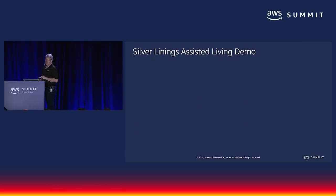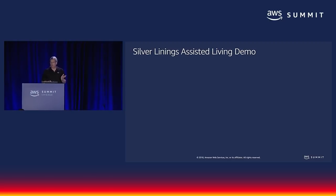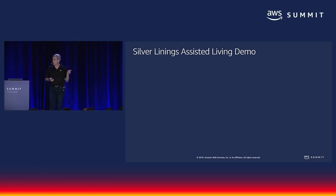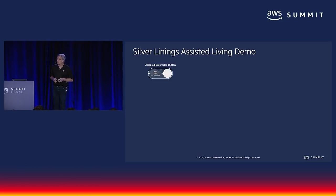And so we're going to do a couple quick demos here, showing the sort of IoT components. The first thing is a conceptual scenario: we've got an assisted living facility where we want residents to be able to check in and see what's going on. We're going to give every one of the residents an actual IoT button. Whenever they go to a particular location, they click it once,